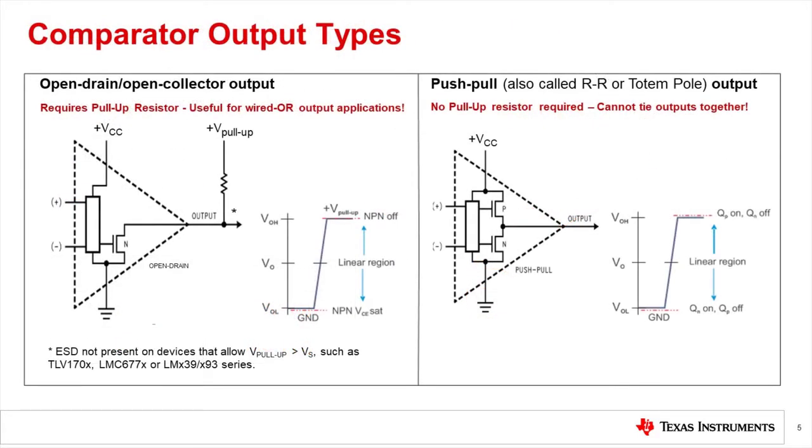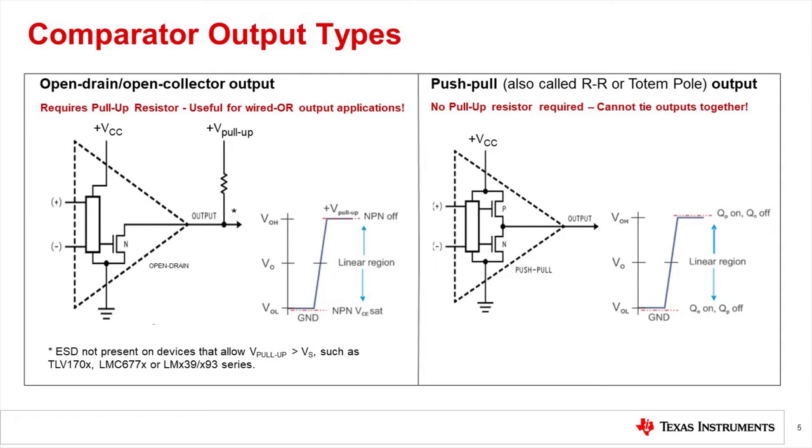And we divide comparators into two main types based on the design of their output stage. And these two types are open drain, open collector output, and push-pull output. Open collectors are built with bipolar transistors, and open drains are built with MOSFETs, but generally the naming is pretty interchangeable, and it means the same thing. And pretty much the difference between these two types comes down to whether you need a pull-up resistor or not.